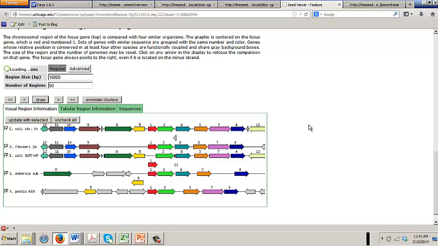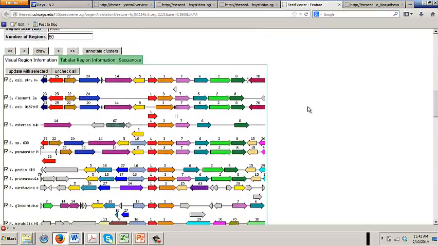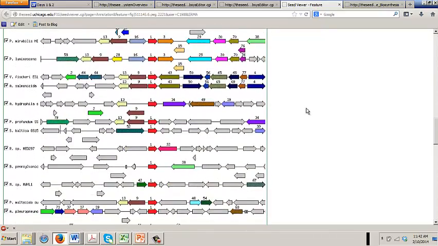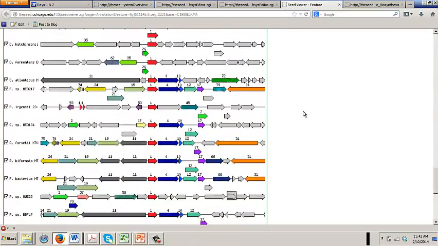Now, in most cases, if this gene is closely related to that, there's a very strong chance that it's coming from a very similar genome, so all the genes in that block will be similar. But not always. Sometimes the gene is kind of on its own and you don't get this conserved region. So what I want you to do is scroll up and down a little bit here and notice in a few genomes,